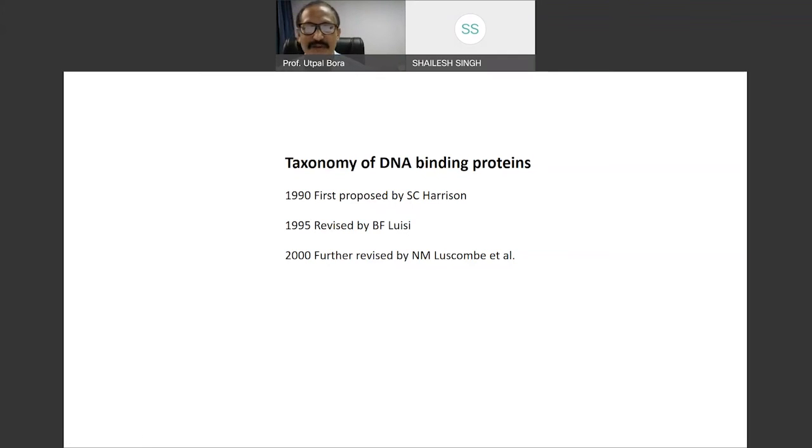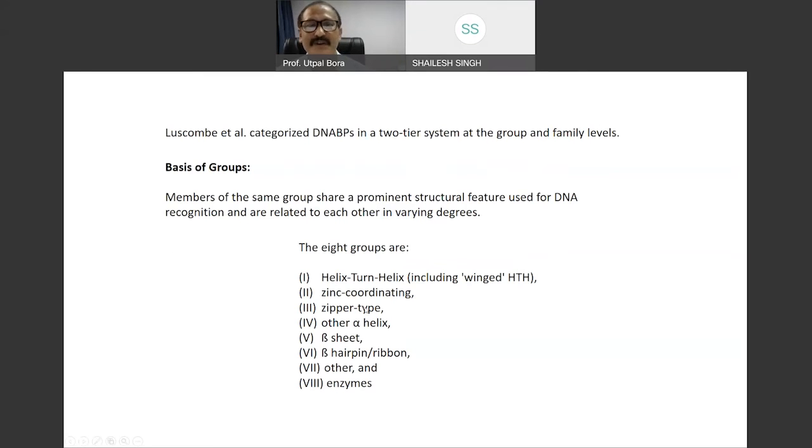And again, in 2000, it was revised by Luscombe et al. And with every revision, refinement has been done. So I am trying to present here the last revision, in 2000 by Luscombe et al., where their basis of taxonomic arrangement was that the members of the same group share a prominent structural feature used